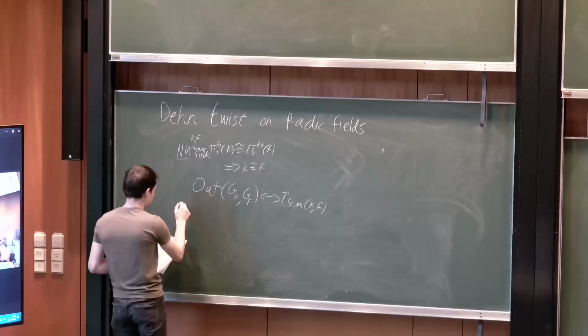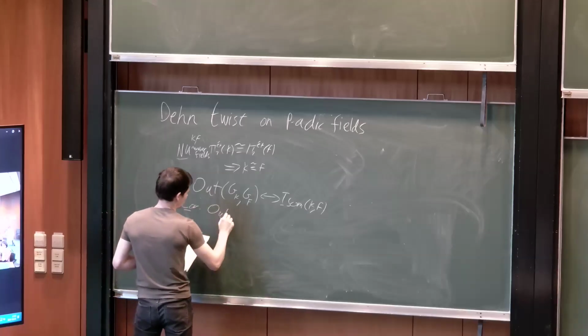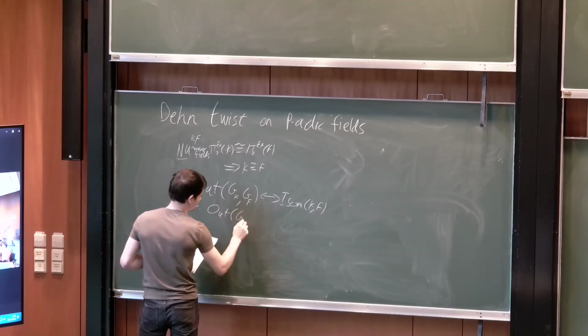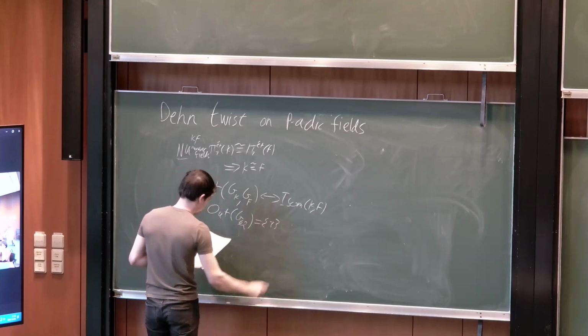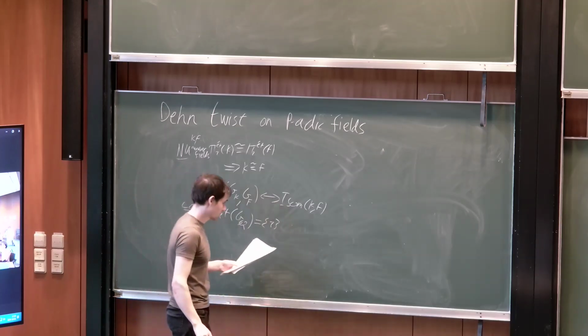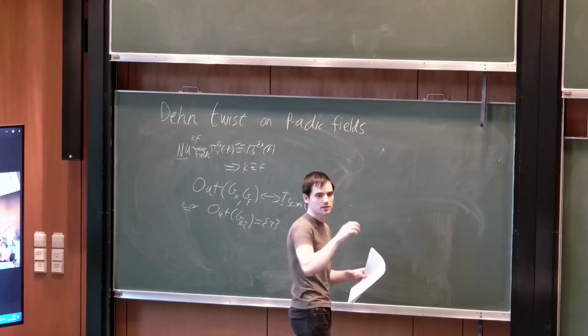In particular, a corollary of this is that the absolute Galois group of Q has no outer automorphisms. The automorphism is inner. But then in the local setting,